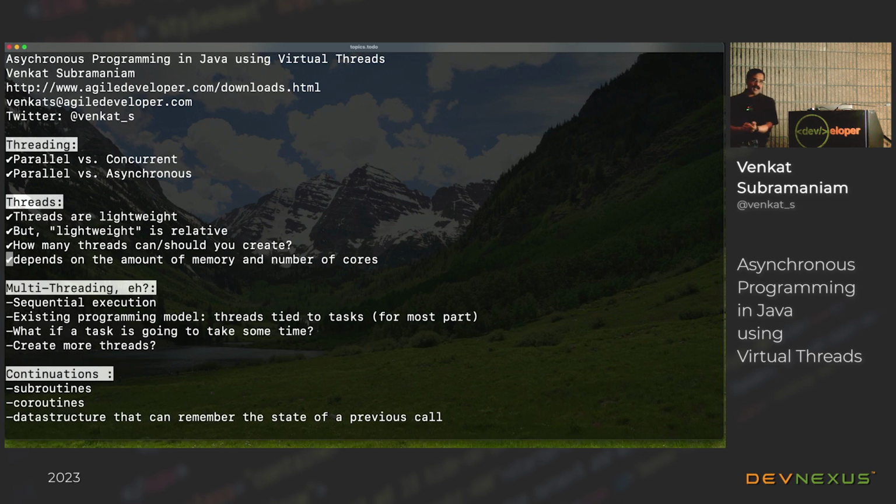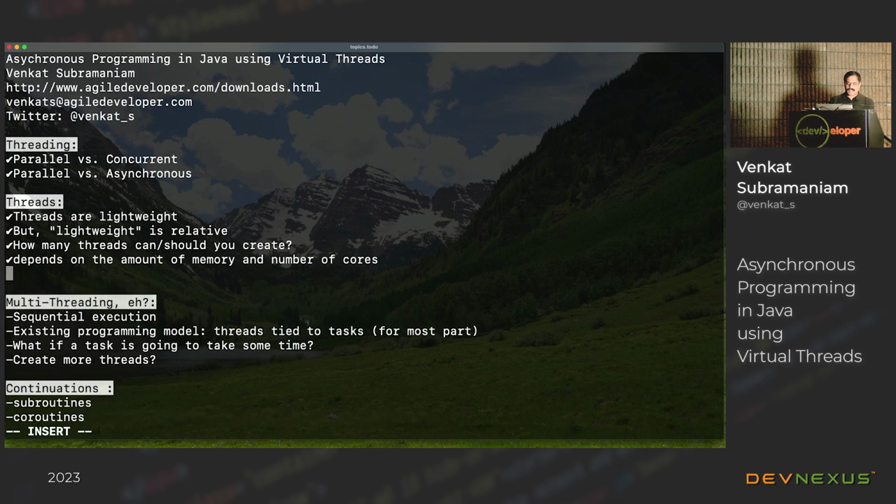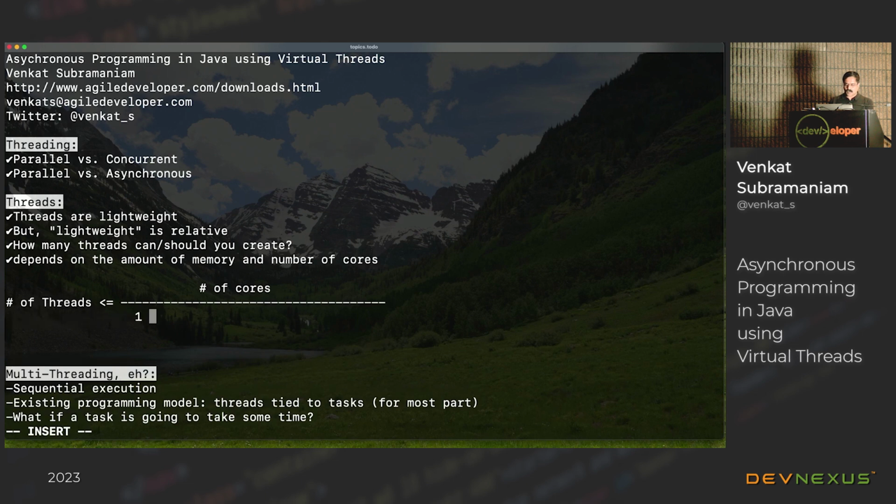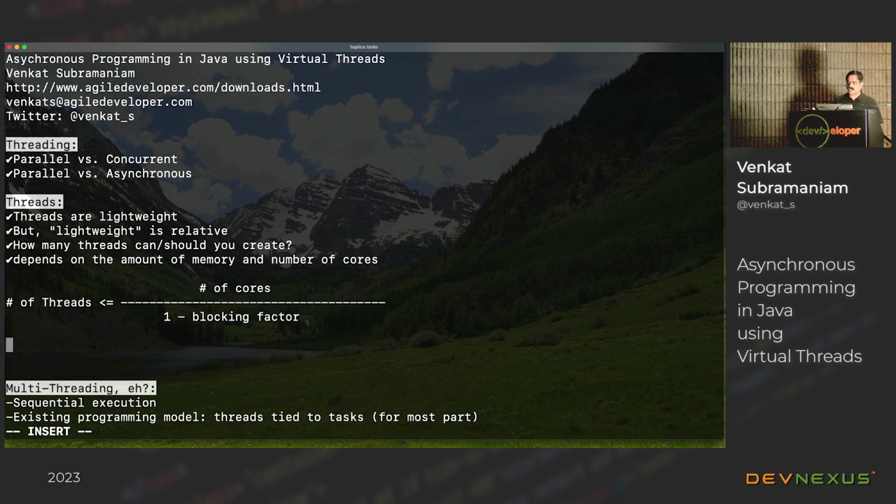What if I'm doing I/O-intensive operations? Well, if you're doing I/O-intensive operations, on the other hand, you probably can go for a little bit more threads. In general, though, you could say number of threads is less than or equal to, and there's a formula you can depend on. The formula is that the number of threads you can actually create is equal to number of cores on the machine divided by 1 minus what's called the blocking factor, where the blocking factor is the amount of time a thread is going to be blocked and wait for I/O to be performed. So think about this for a minute.